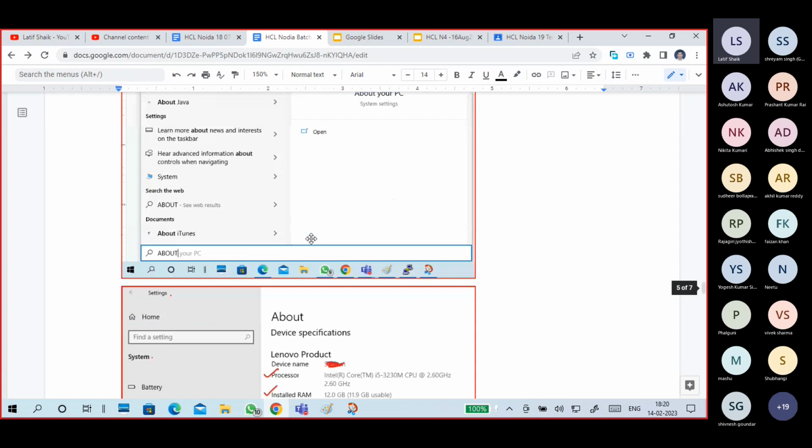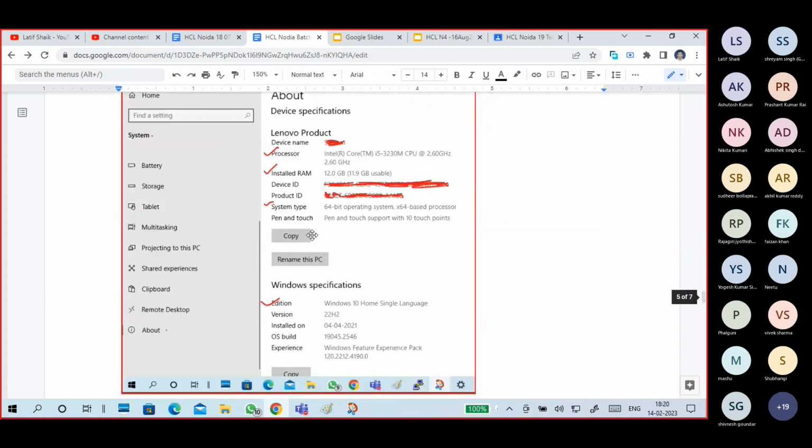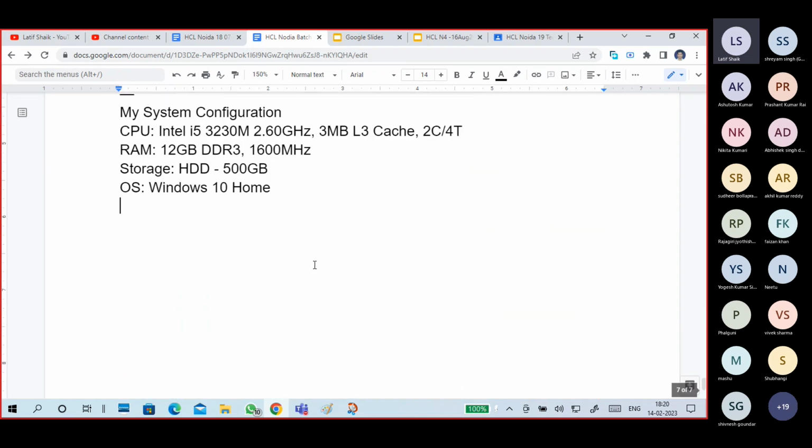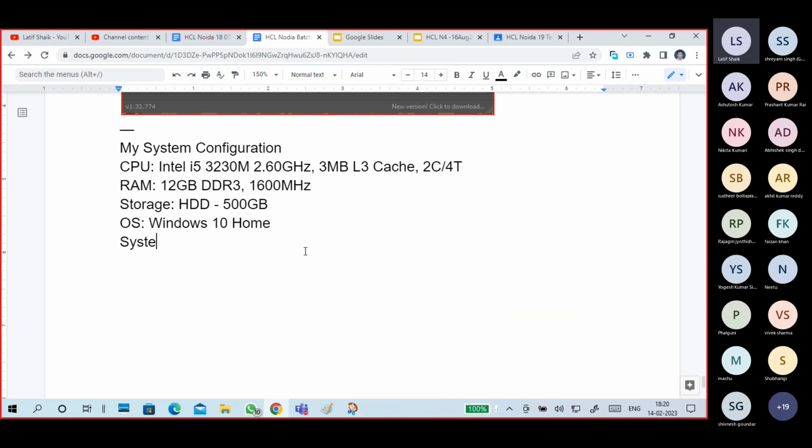You can use the word system type. It's a 64 bit OS, 64 bit processor. Otherwise you can say this is a 64 bit system.